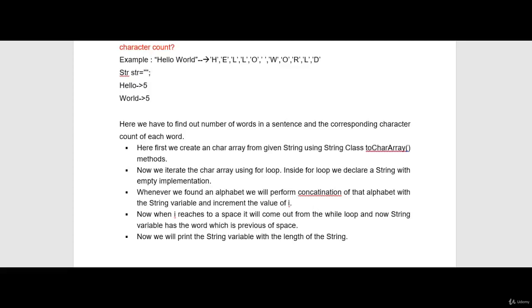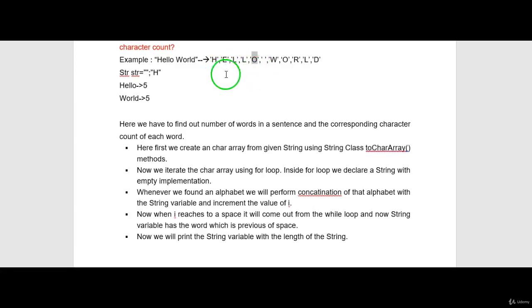I'll iterate through each character starting from H, and if it is not empty, I'll append this character to the string, until that character is empty. First H gets appended, in the second loop E gets appended, in the third loop L gets appended, in the fourth loop L gets appended, and in the fifth loop O gets appended.